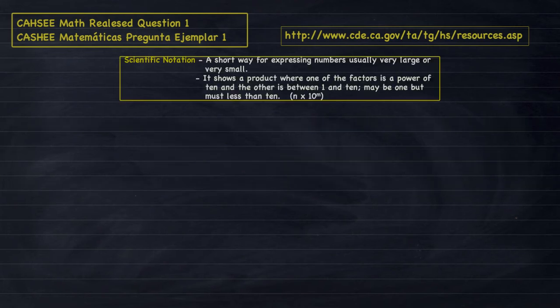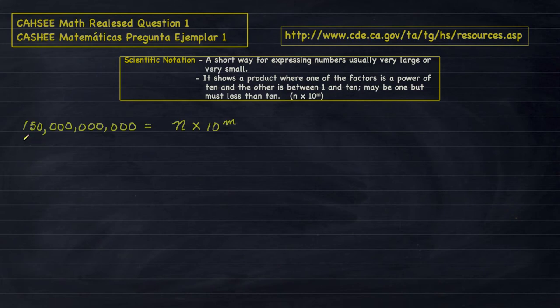So how do we go about changing the number they gave us in problem 1 to scientific notation? Okay, in problem number 1, they gave me this number, 150 billion. So it's 150 followed by 9 zeros. Please forgive me because I don't write too well with this pen. This is the number they gave me, and I'd like to change it so that it is the product of 2 numbers. I want to find 2 numbers. One I'm gonna call n, and the other one is 10 to the m power.